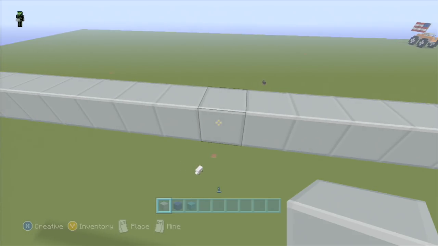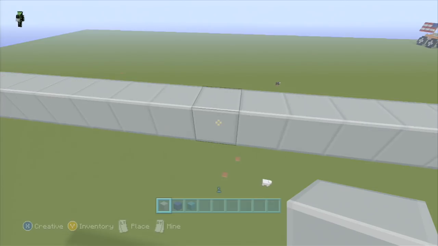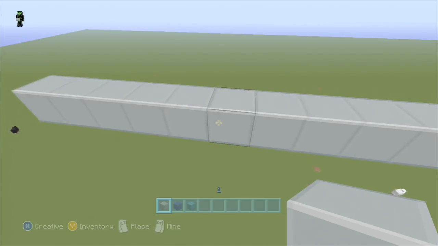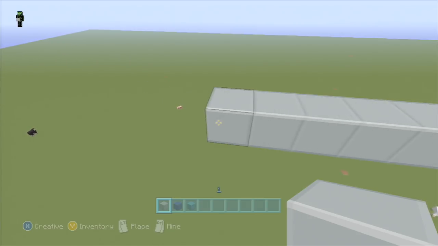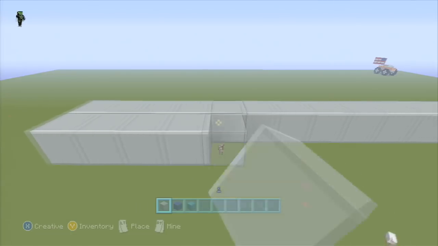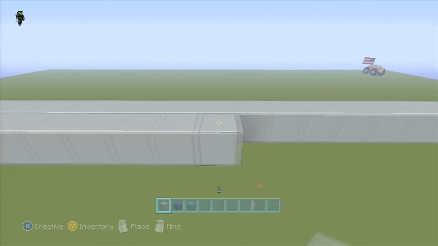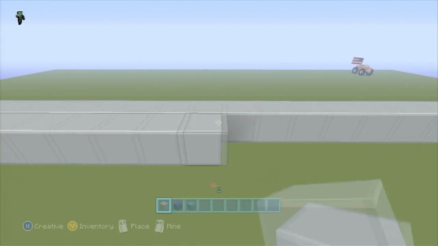It never hurts to go back and double check yourself when you're laying blocks. I do it quite often. And I was right. So you want to make this 3 wide and 35 long.